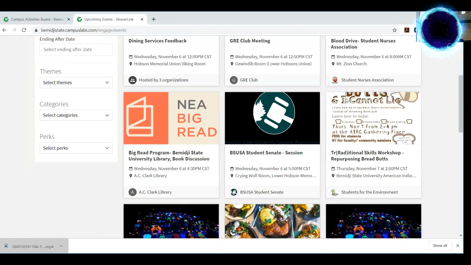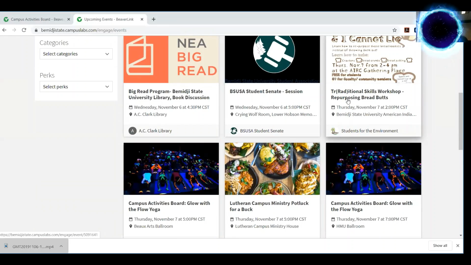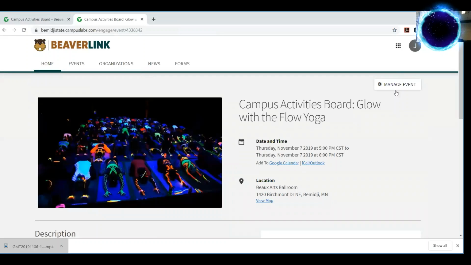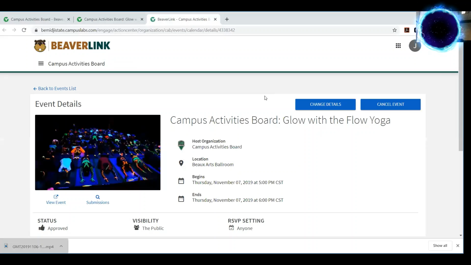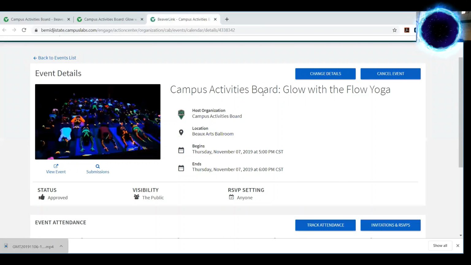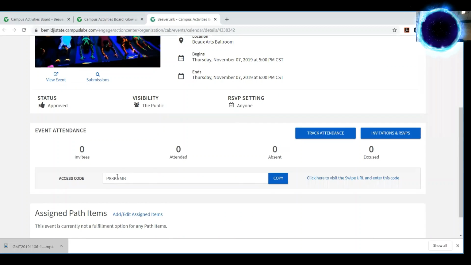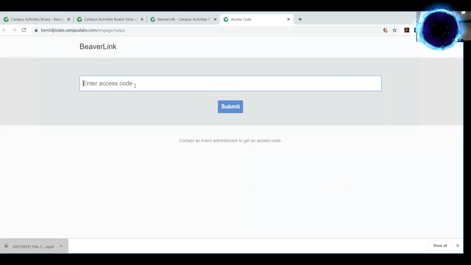With BeaverLink, you are able to scan students into your events. So if I wanted to scan students into an event that Campus Activities Board is putting on, we would go to Glow with the Flow, and we click this Manage Event button. You can check out the scanners from the front desk and a Surface if you need it. And once you have the laptop, Surface, or whatever computer you're going to be utilizing, and you've managed the event, you're going to go down, take this access code and copy it. You click the copy button, and then you're going to visit the URL page. Go to the URL page, put that code in, submit,